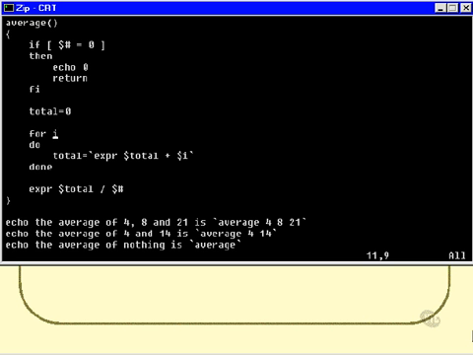So this will loop once through each of the parameters, and the variable i will take the value $1, and then it will take the value $2, and so on through each one. And then we use expr to add that parameter into the total. And then of course we put the value back in there into total. So once we go through that entire loop, the variable called total will contain the sum of all the command